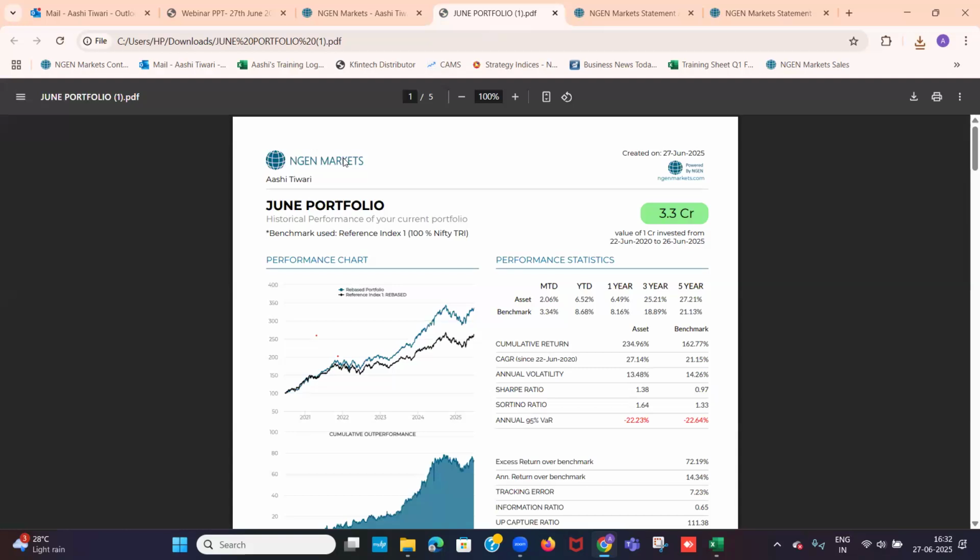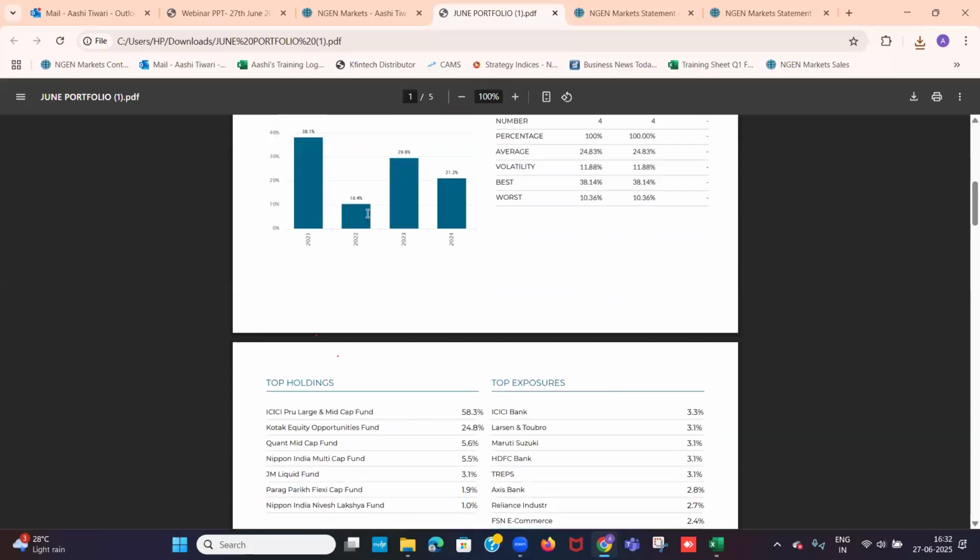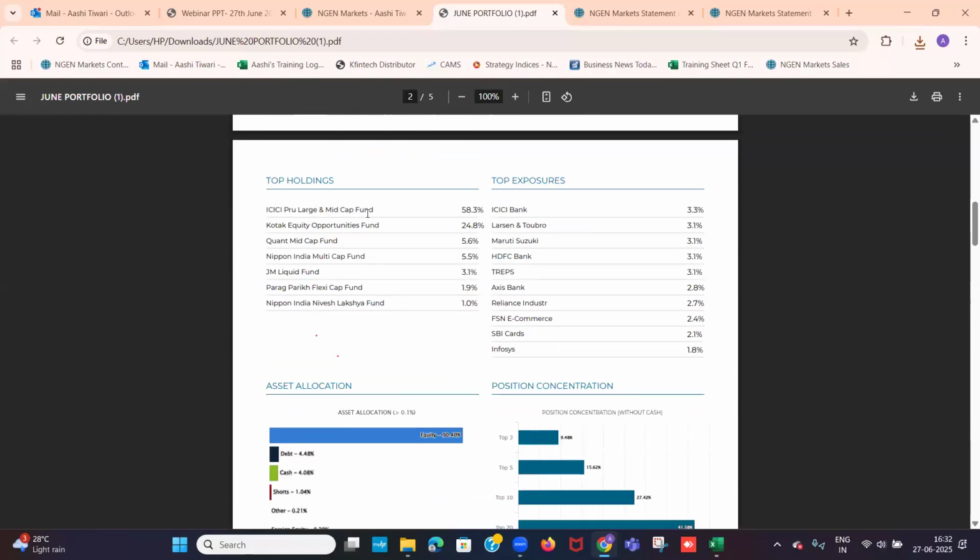All of the PDFs or PPTs that you see on the platform, the reporting options, will come up with co-branding on the top left-hand side. So this is the PDF report wherein you can see the performance analysis, the yearly analysis, holding wise information, exposure,